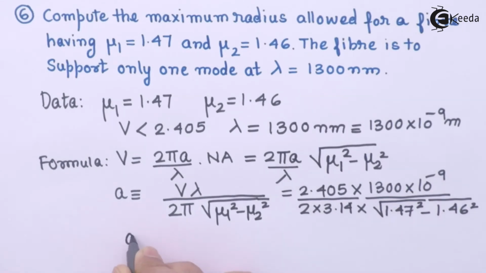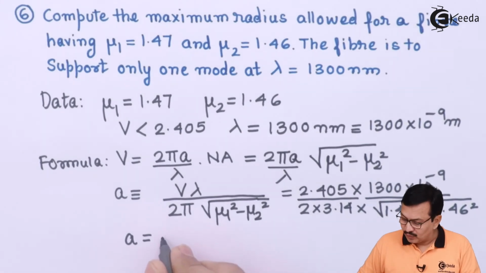From here you can get the value for the radius of the required step index optical fiber, and this value works out to be